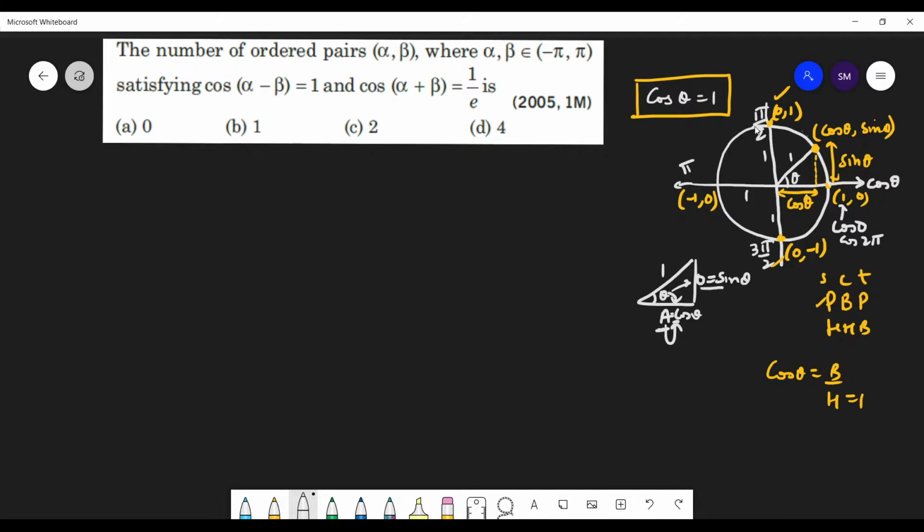Now again take one more round. That will be cos 4 pi. So I will be getting these values. So can I write cos theta equals cos of n into 2 pi? Yes or no? Yes. See, n is 0 here, n is 1 here, n is 2, and then cos 6 pi will again be 1. Agreed or not agreed, friends? Yes, sir. So that's important.